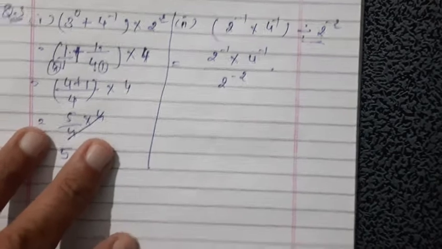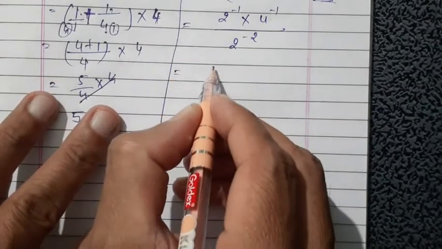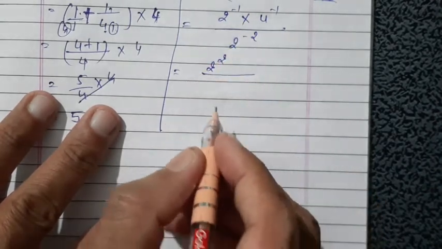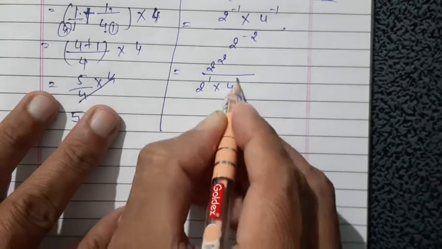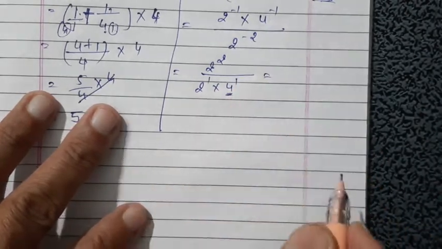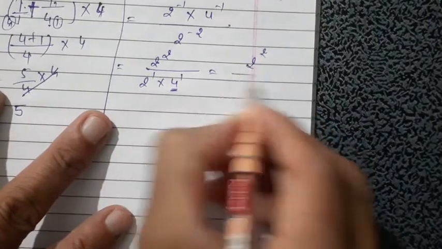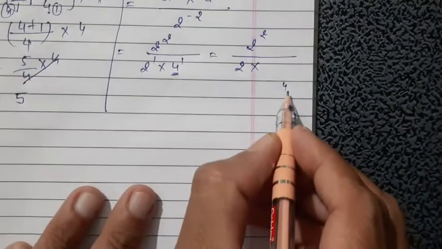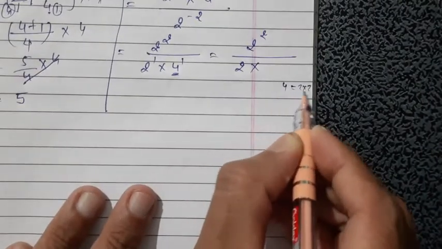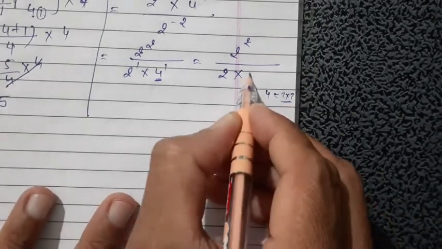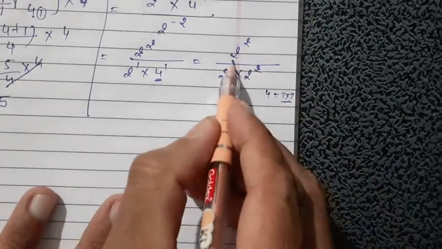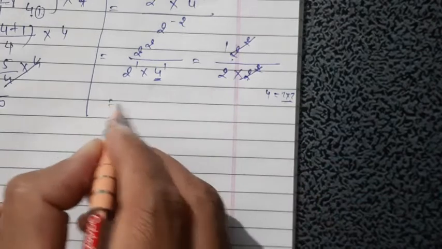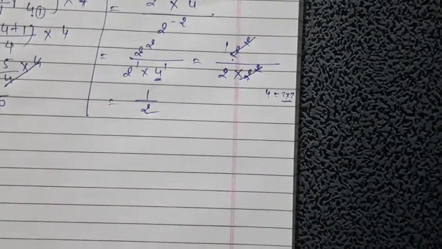Now all are having minus power. So what to do? Change the positions. So 2 raised to 2 becomes at the numerator side, and here 2 raised to 1 and 4 raised to 1. Okay. Now write down factors of 4. So here 2 raised to 2 and 2 raised to 1 means 2, into 4 raised to 1 means 4, and factors of 4: 4 means 2 into 2, that is 2 times, 2 square. Okay. So look, same base and same power is there, directly cut them. So here no number is there, means 1. Okay. So the answer is 1 upon 2. Clear?